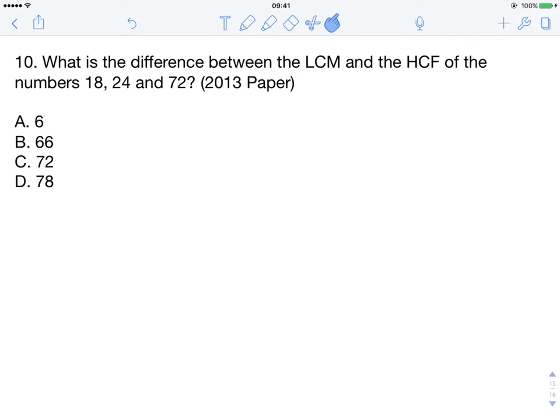Okay, so this is question 10 from the 2013 Maths KCPE paper. It asks, what is the difference between the lowest common multiple and the highest common factor of the numbers 18, 24, and 72? Right, so if you remember, in order